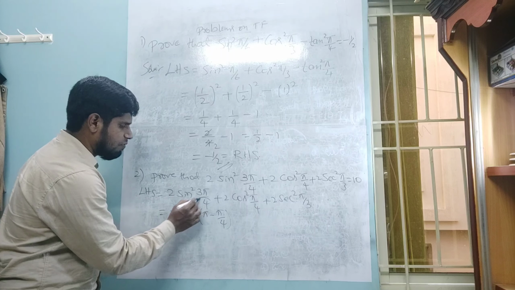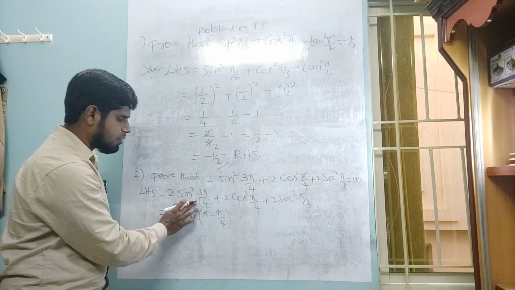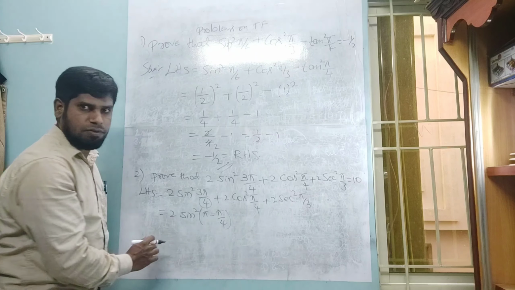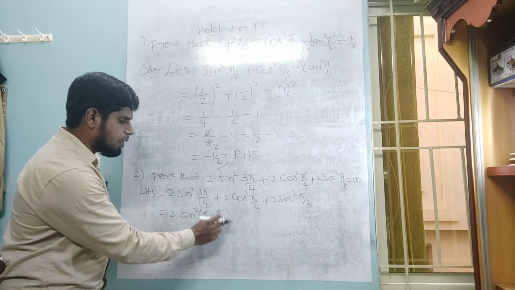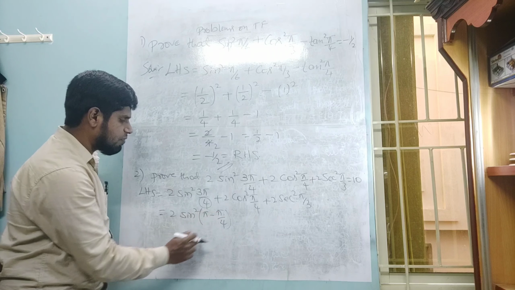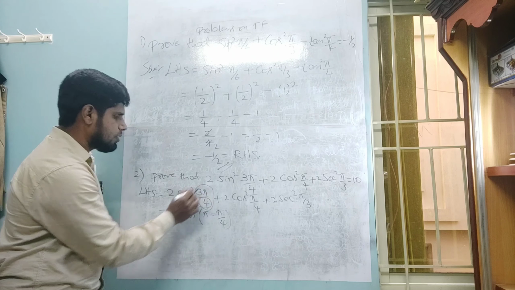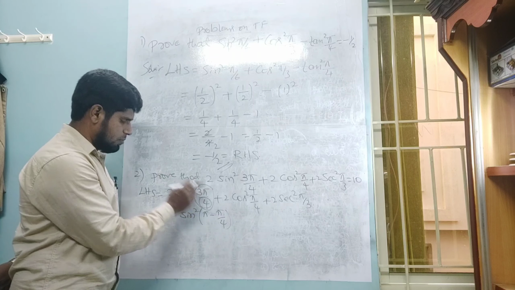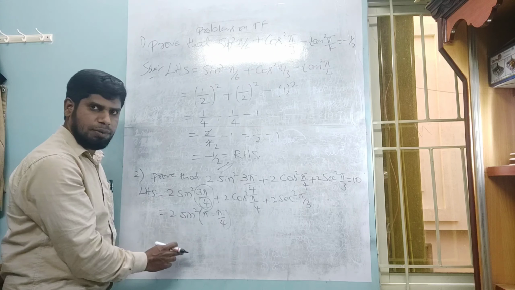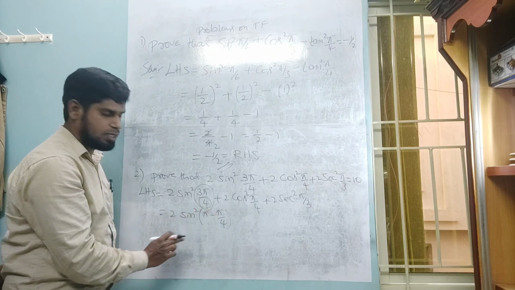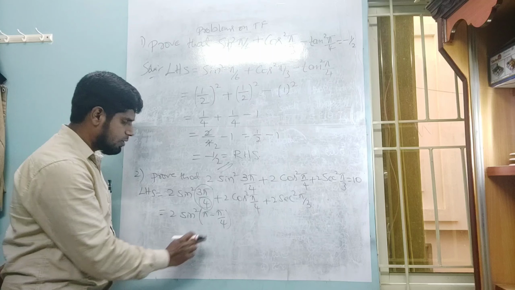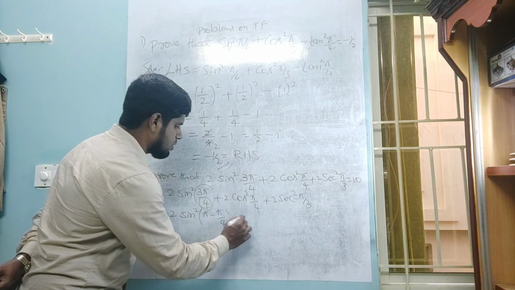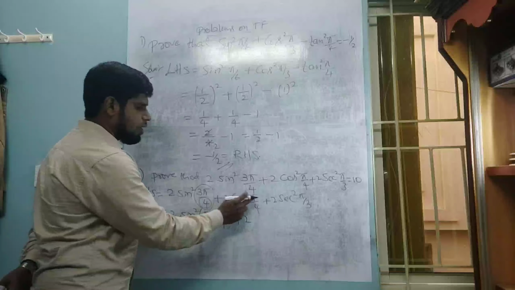See, there is a denominator 4 here, so it is clear that our standard angle is pi by 4. But I need 3 pi by 4. So what did I do? I took pi minus pi by 4. Why pi minus pi by 4? Because this is in the second quadrant. 3 pi by 4 is in the second quadrant, and the second quadrant can be represented by pi minus pi by 4. This is the easiest way to represent the second quadrant. And if I take the LCM, again I will get 3 pi by 4. Okay. Plus 2 cos square pi by 4.